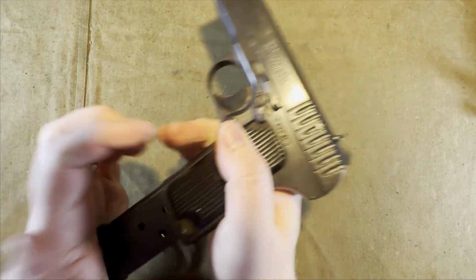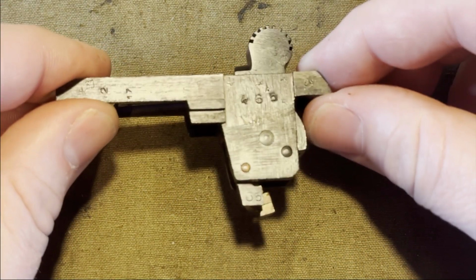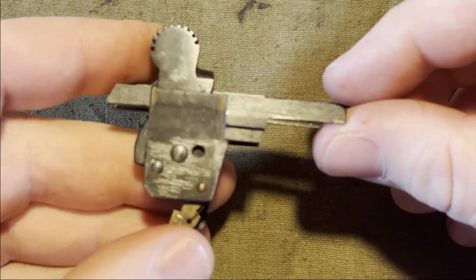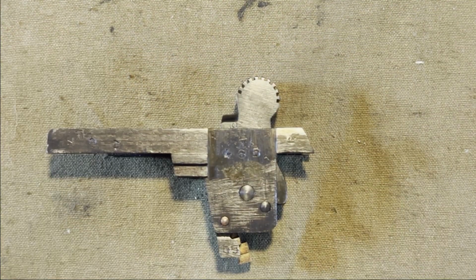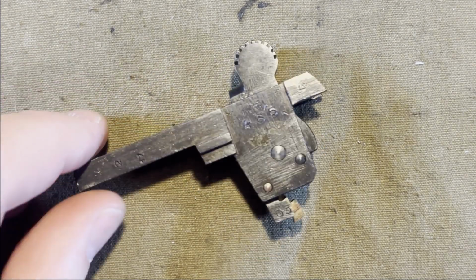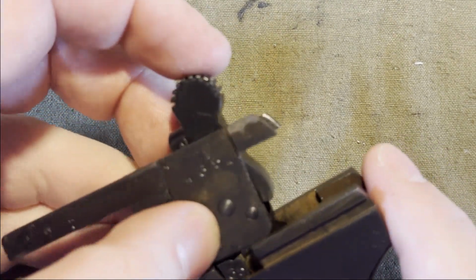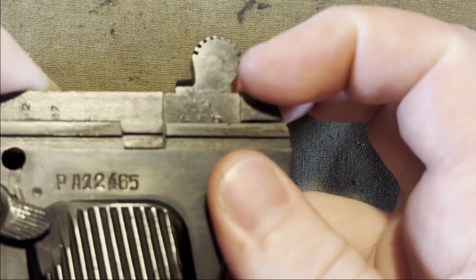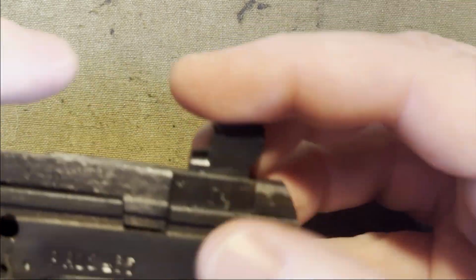So the removable hammer assembly is the same across the Tokarev clones. It's a nice idea because if there's some sort of issue, you can just pop this out and put in a new one without having to do a lot of work. It may seem somewhat wasteful for a Soviet country, but it is also very simple, and it means you don't have to have a lot of proper education or training to just pop it out and then slide in a new